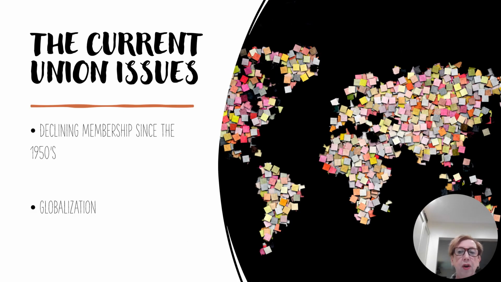We have already learned the definition of labor unions as well as the history of how the unions came to be. Let's look at the current unions and its challenges. As previously mentioned, union membership has declined since its highest membership in the 1950s. One reason unions have continued to decline is due to globalization of many organizations. As goods continue to be produced worldwide, unions lose their stronghold in the workforce.